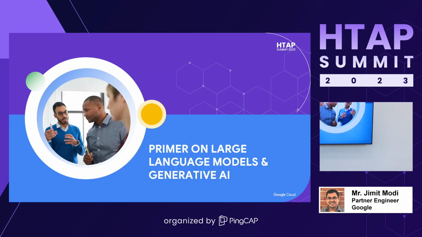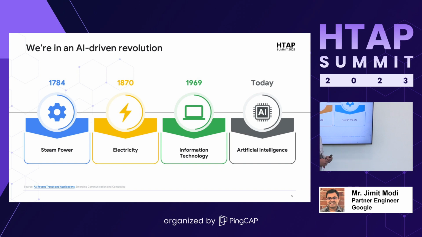Okay, so let's start with a primer on the large language models. So think of this as the Industrial Revolution 4.0, right? In this age today, you might have started hearing about this since late last year. Everything is Gen AI or everything is AI, right? So this is definitely a turning moment in our lives where you will see that generative AI is changing things. Do not think of this as a revolution where we are getting replaced. This is basically a revolution where you're getting a helping hand. So once I go through the slides, you will see how we are getting a helping hand.